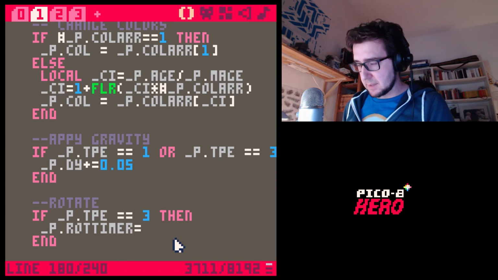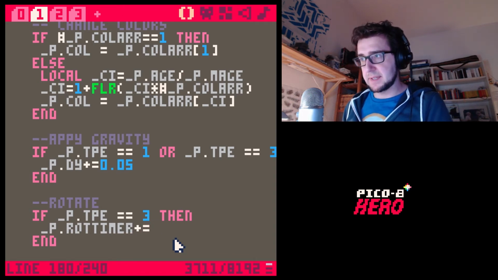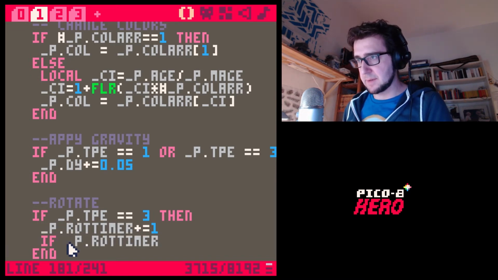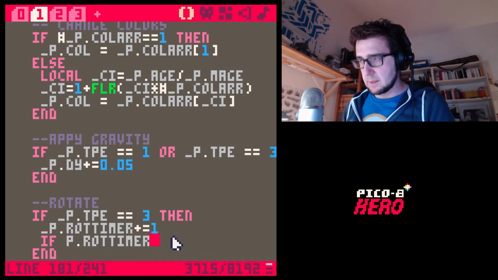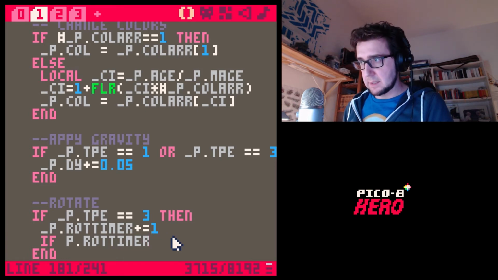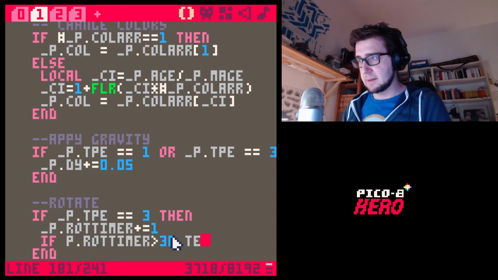Rot timer plus equals 1. And if the rot timer reaches a certain threshold, if rot timer is greater than or equal to, let's say it rotates every half a second,